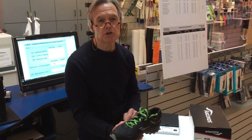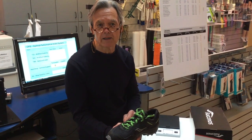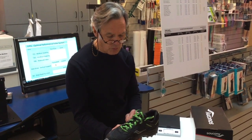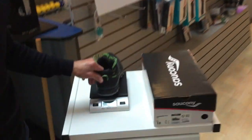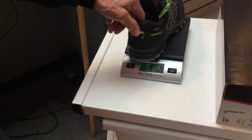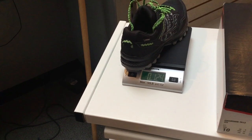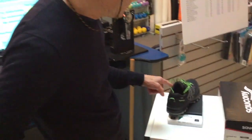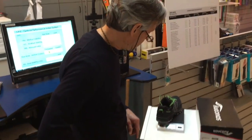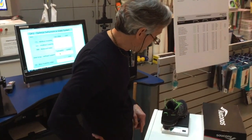So let's weigh the shoe in and let's go ahead and test the shoe for its structural parameters. So the shoe weighs 12.4 ounces. By the way, this is a size 10. So let's go ahead and measure the structural parameters of the shoe, and then from there we can tell you who would best